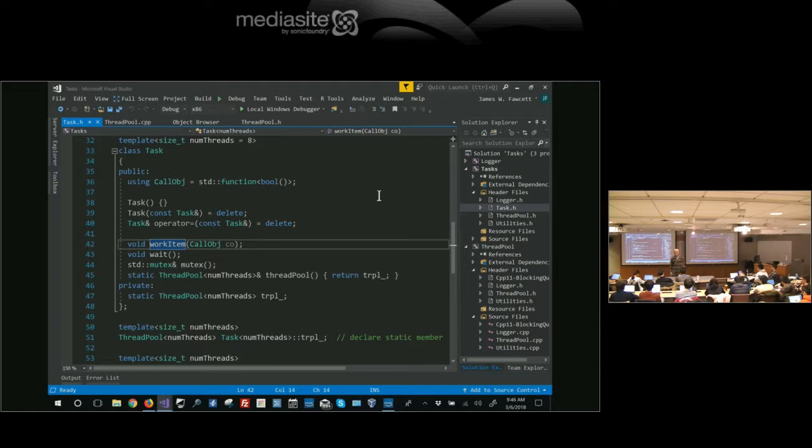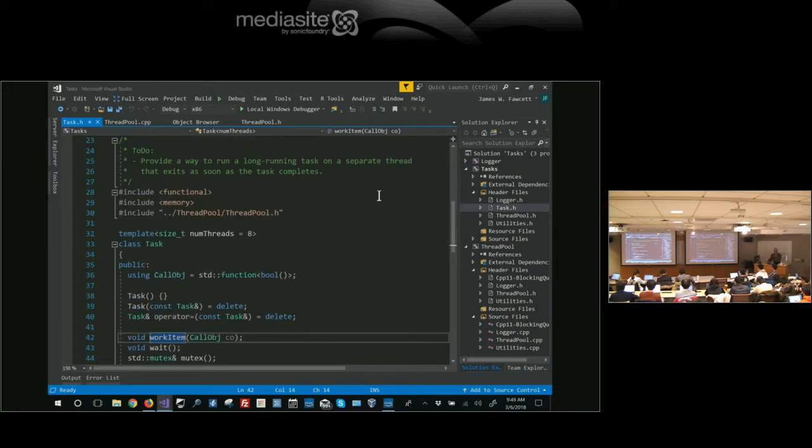Remember, this is a template class. It's another good midterm question. So this task class is templatized on a number of threads. Suppose I add another argument, int. Thread pool task of 8, 0 is a different class from task of 8, 1.